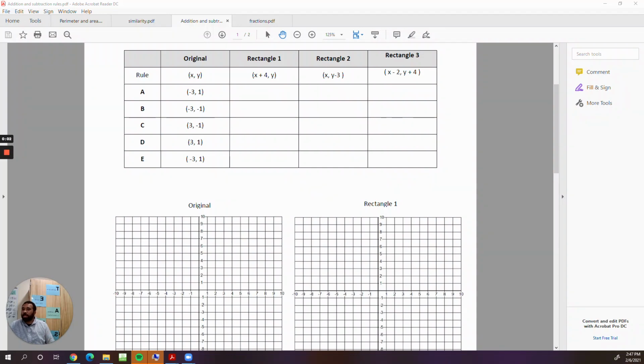Hello again. Today we're going to continue looking at how different rules affect the shape. We have our original, and then again we have three rules that we're going to apply. In today's lesson, our rules involve adding or subtracting. Remember, when you're looking at how that affects the shape, you want to make sure that you're very specific so